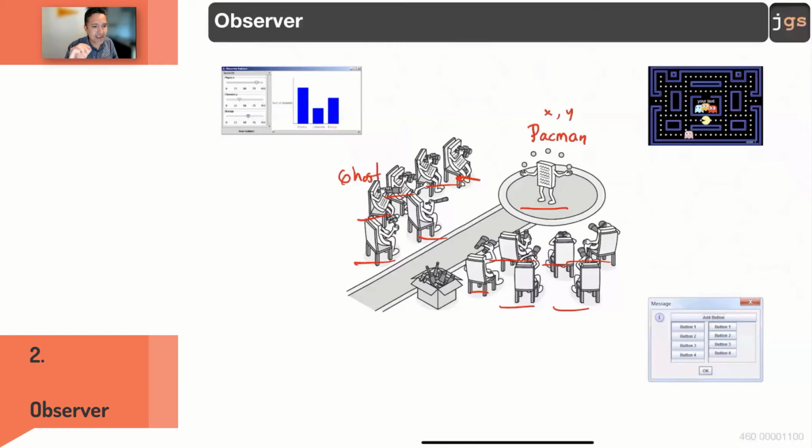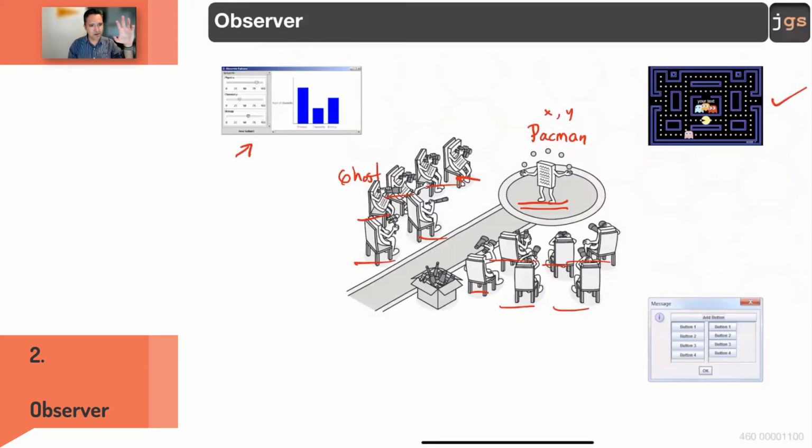They are interested in a variable inside of the class, a value in the class, information inside of the class. We're talking about this guy here, who has information that other classes need. The Pac-Man has the X and Y. The ghosts want to know that information. I described the example with the video game. However, if you have a problem like this,